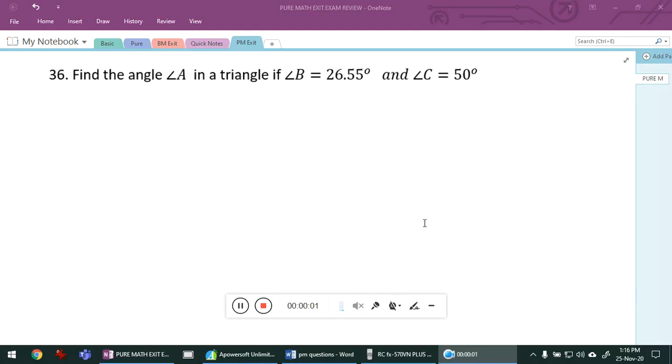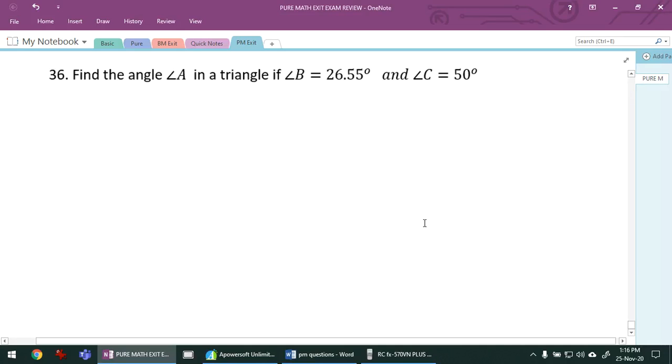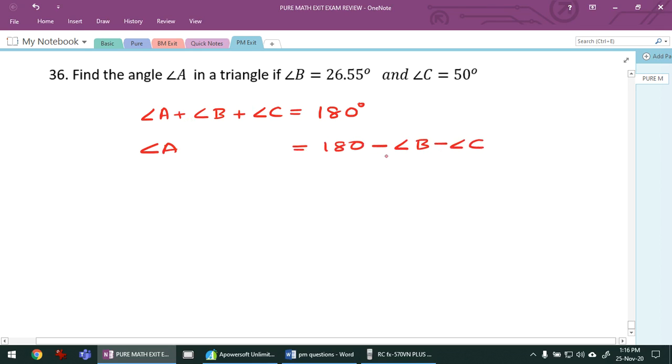Find the angle A in a triangle if angle B equals 26.55 and angle C equals 50 degrees. We know that in any triangle, angle A plus angle B plus angle C is always 180. Now you want angle A, so angle A will be 180. B and C will go to the other side, so it will be minus angle B minus angle C. So this is 180 minus